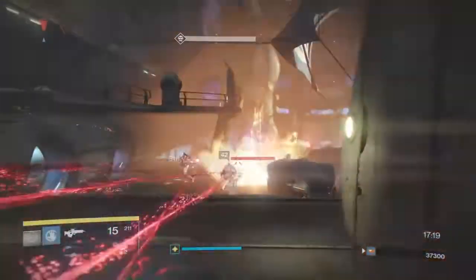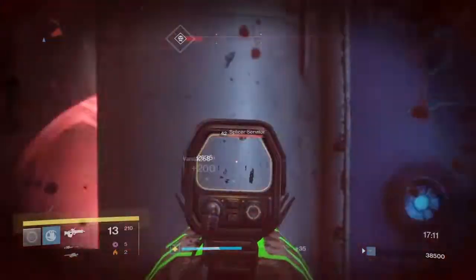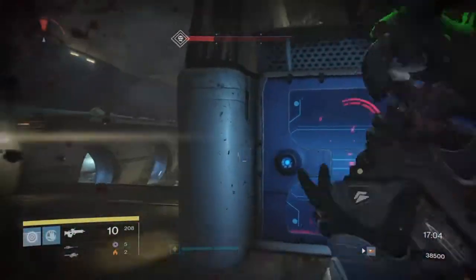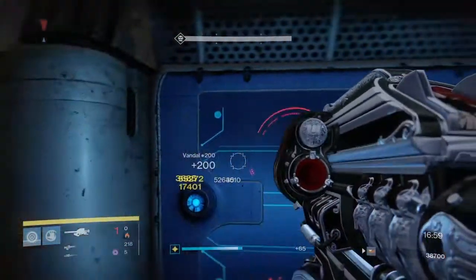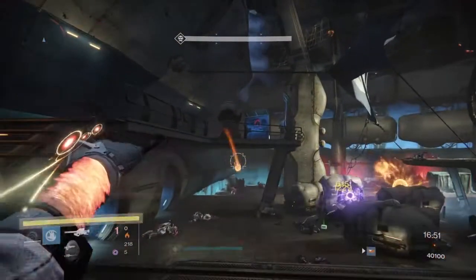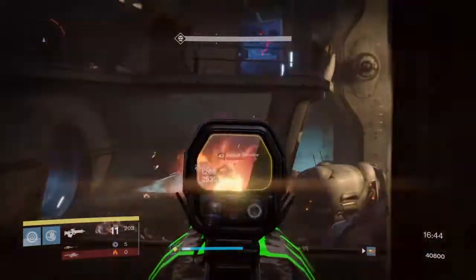Gjallarhorn's a great ad cleaner in this section in particular. So just go ahead and do that. Just worry about the ads at this point. Don't really worry too much about the boss or the SIVA clusters. Let's go ahead and take out all the ads. They are going to be your biggest worry right at the moment. Let's go ahead and just take them out, and then once those are all gone,